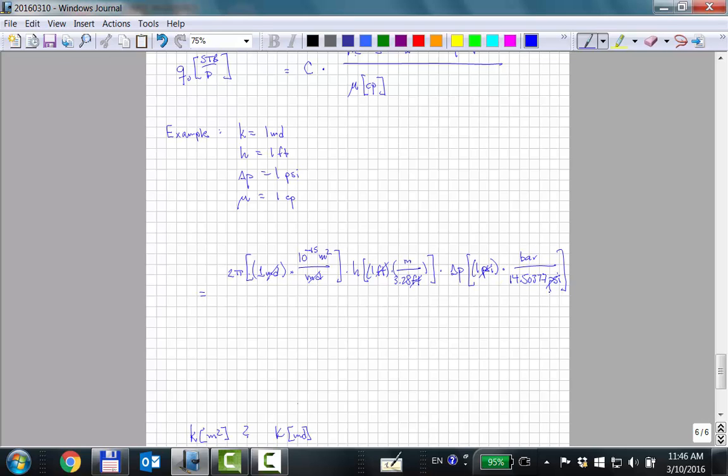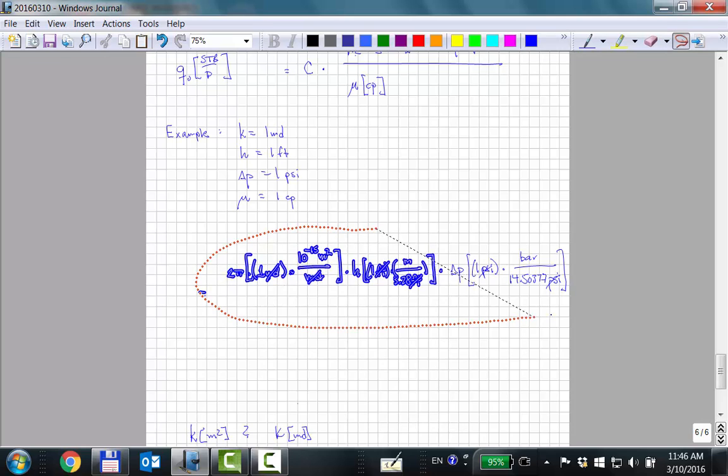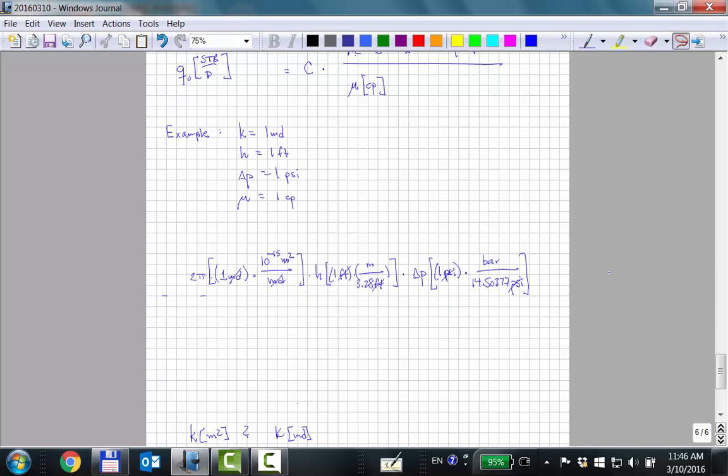So I need to know, I need more space here. There's 10 to the 5th Pascal per bar. So I can cancel that. And now I'm left with the pascals that I need. Okay. And then down on the bottom,